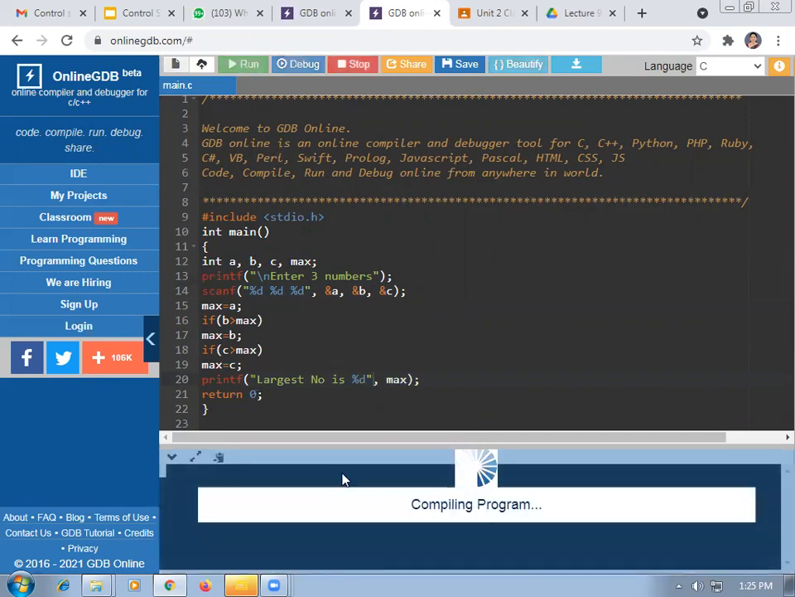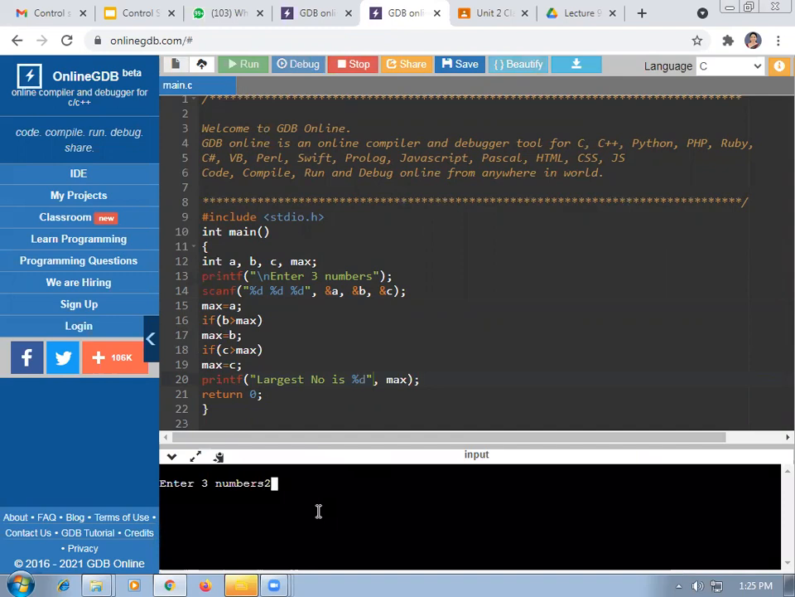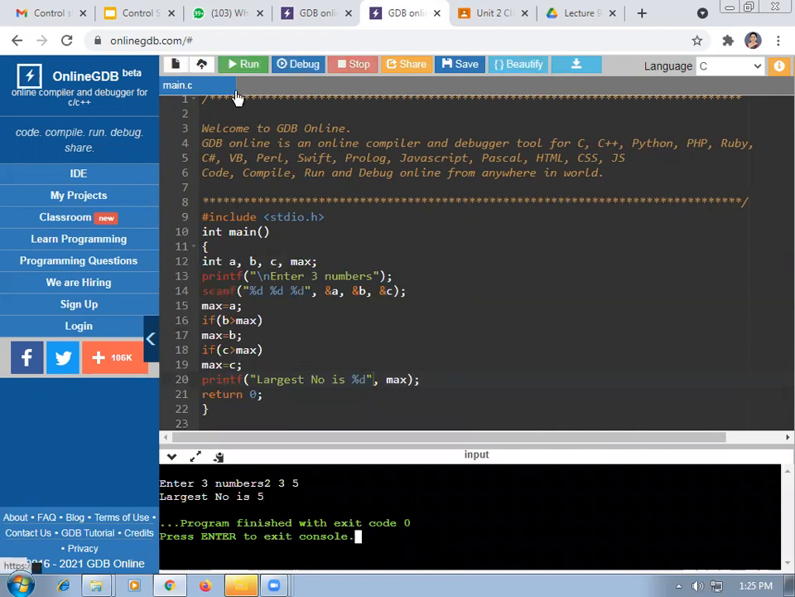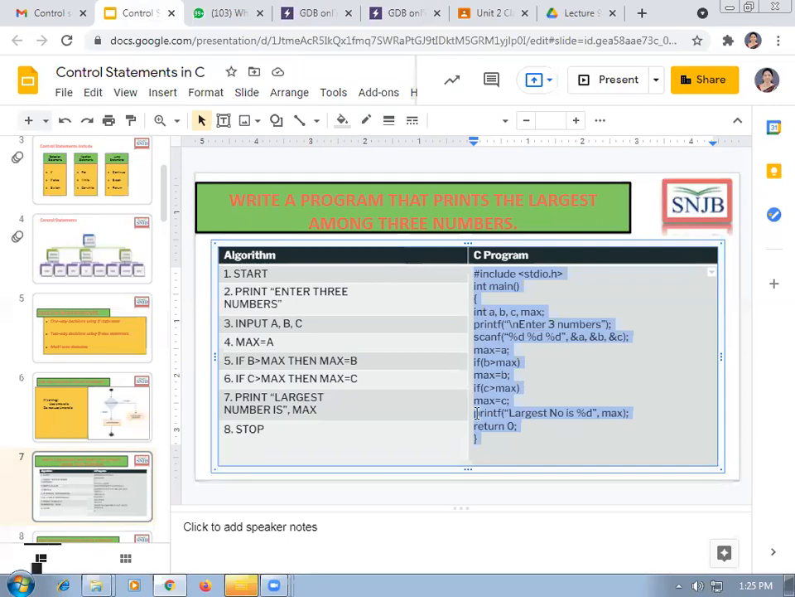Okay, then I can run the program. So I have to enter the largest numbers. The largest number is 30. So in this way, we can see the output of the program. Now, returning back to